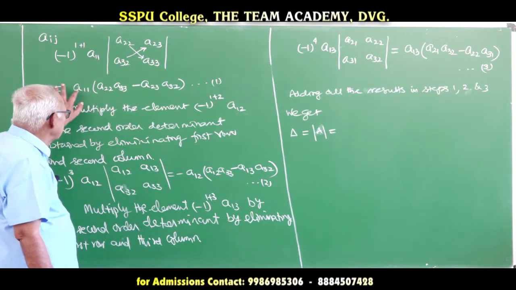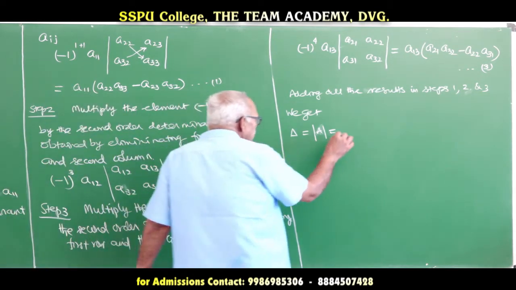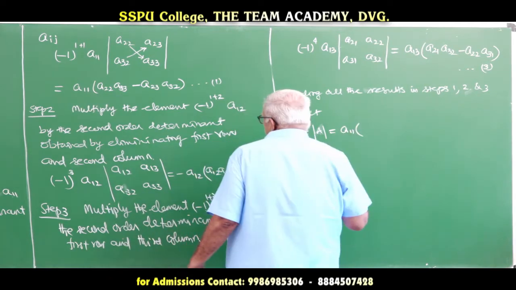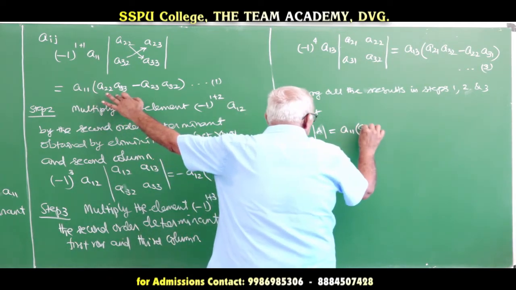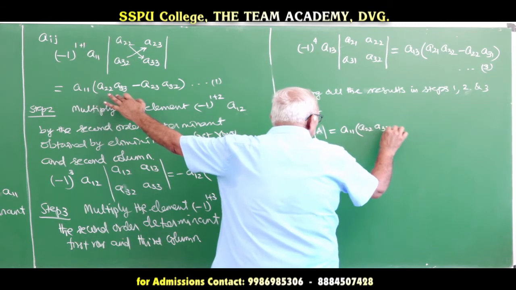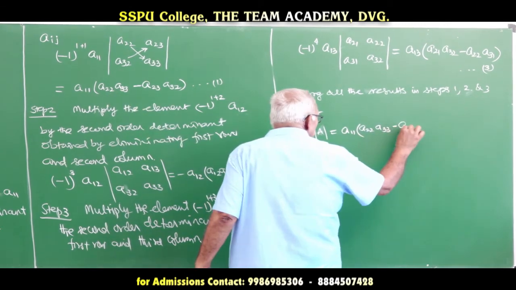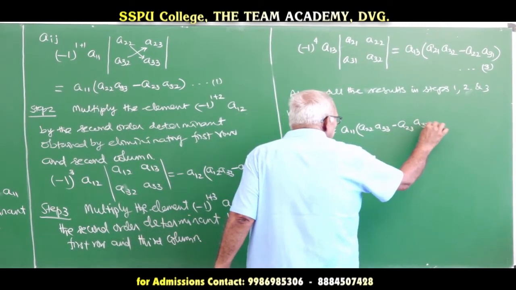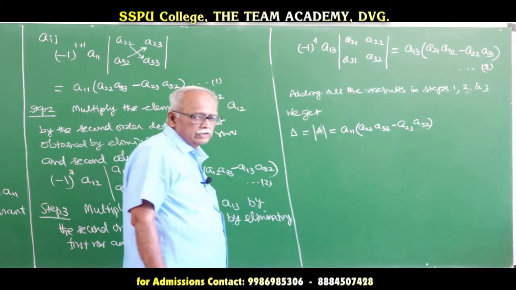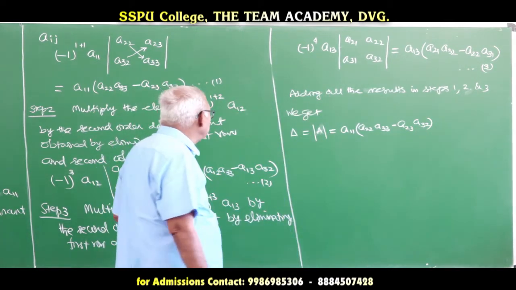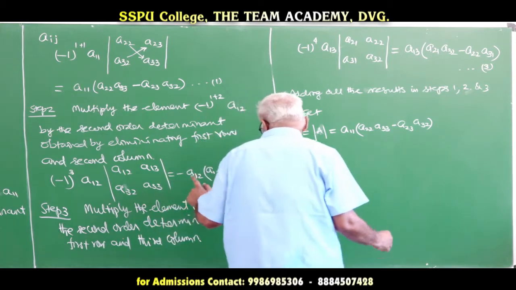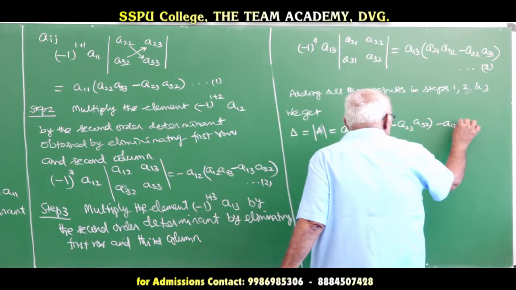You can see the first one is A11 into A22 A33 minus A23 A32, then next one is minus A12 into...